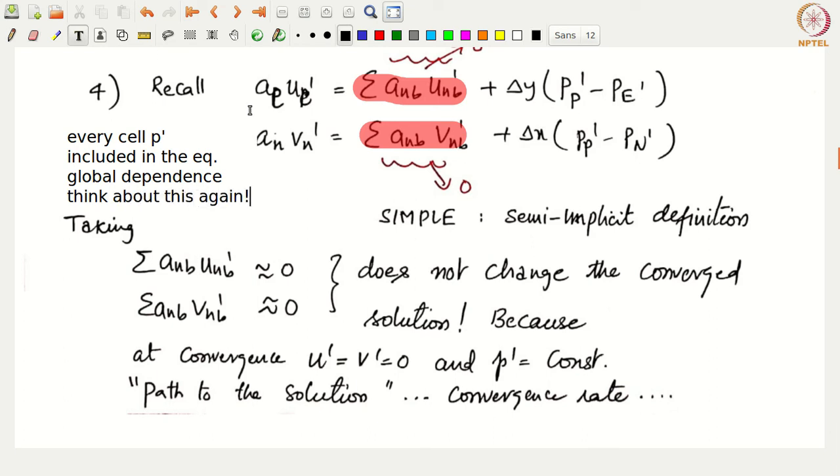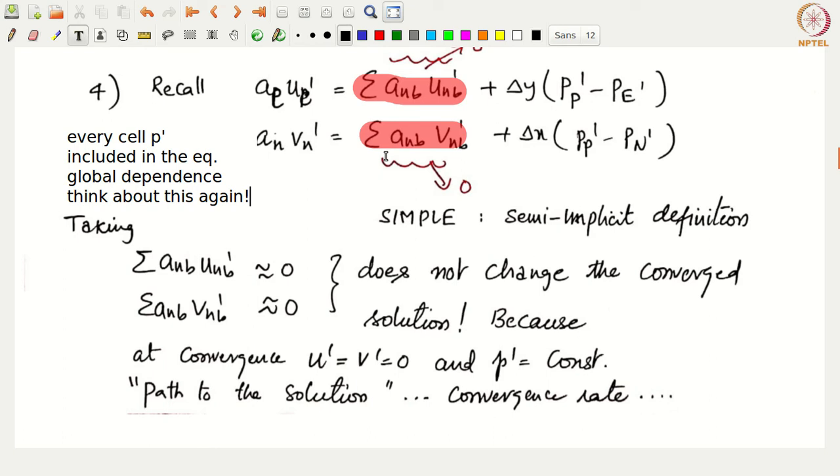That means if you had not taken this to be 0, then just like the equation we have written here for u_e prime, you will write an equation for u_nb prime. When you go to the next cell, a_nb u_nb prime would depend on the sum over its own neighbors, a_nb u_nb prime, and then the pressure gradients. So when you substitute these in the velocity correction equation, in the continuity equation, you would get not only P prime, P_E prime, you will get P_E prime, P_EE prime, and so on all the way to the boundary. That means it's a big massive equation which will make it unmanageable to solve. So that's why we are avoiding that.